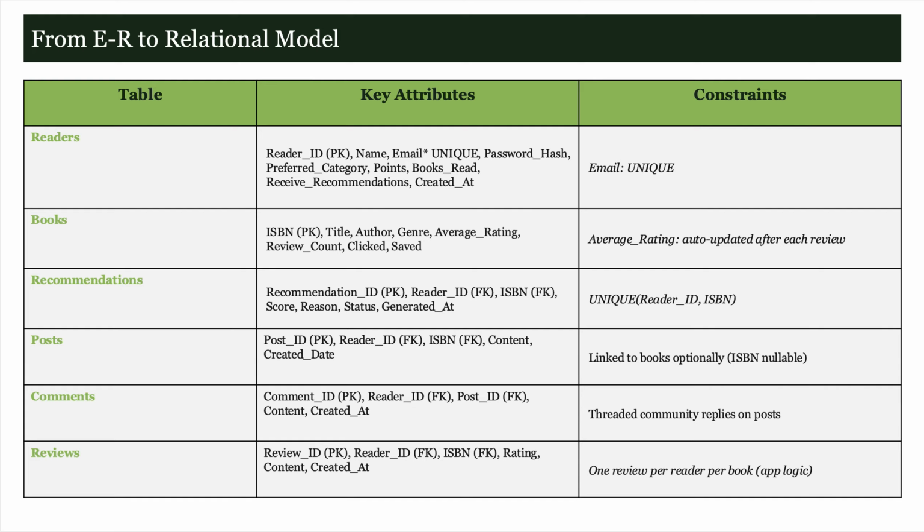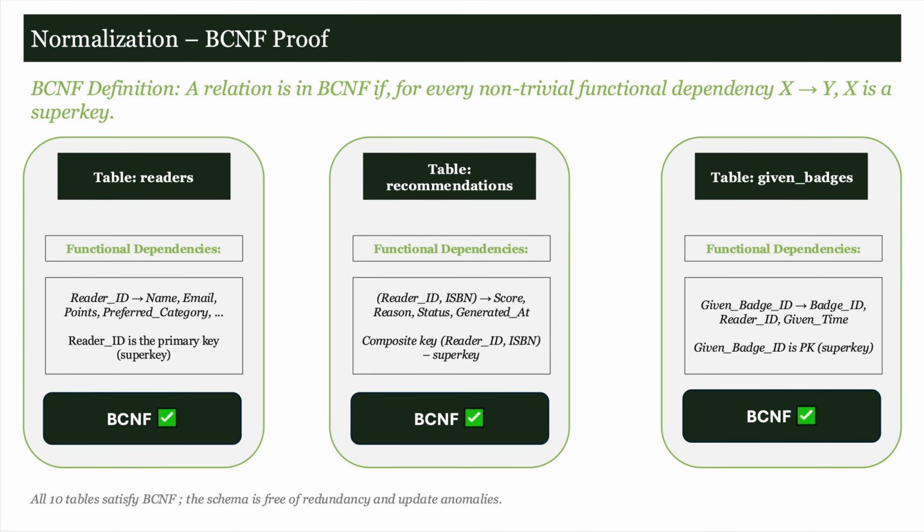Our schema satisfies BCNF. Normalization is at the heart of good relational database design. Let me walk through our BCNF proof. Recall the BCNF condition: a relation is in BCNF if for every non-trivial functional dependency X determines Y, X is a superkey of that relation. And I will take an example. First, the readers table. The only functional dependencies are reader ID determines all the other attributes, name, email, points, and so on. Since reader ID is the primary key, and therefore a superkey, this table satisfies